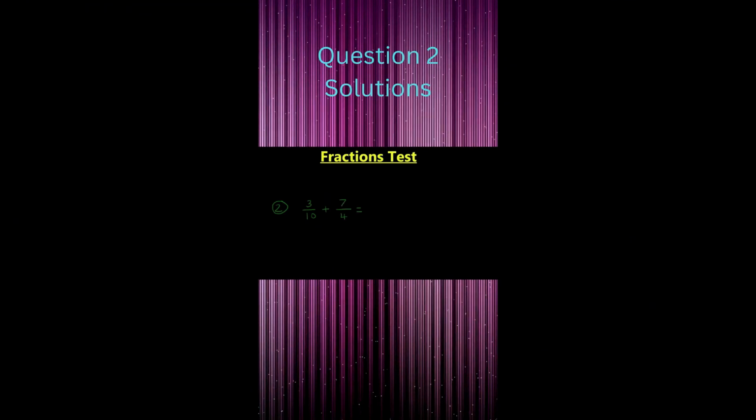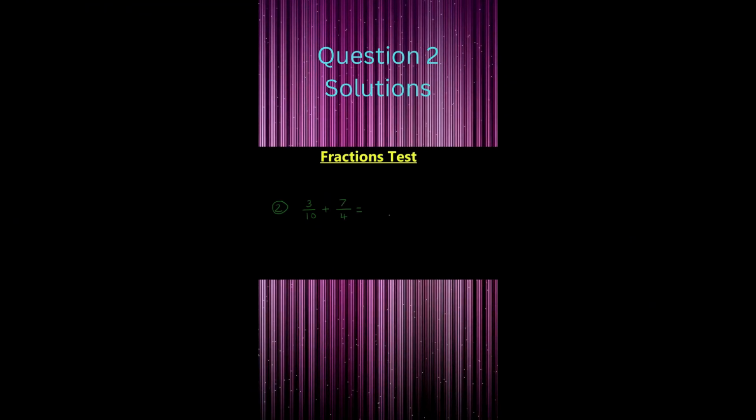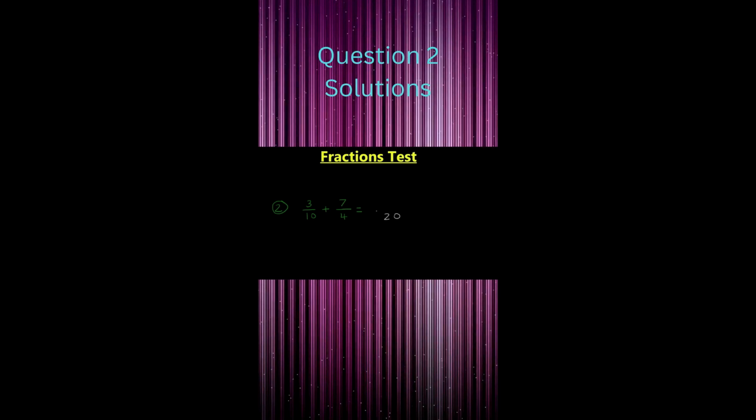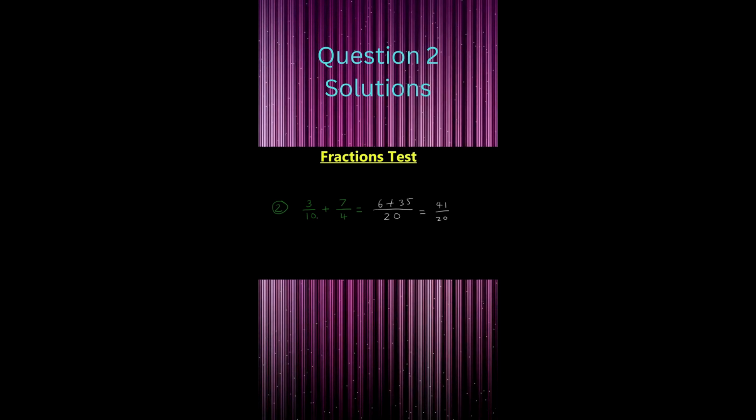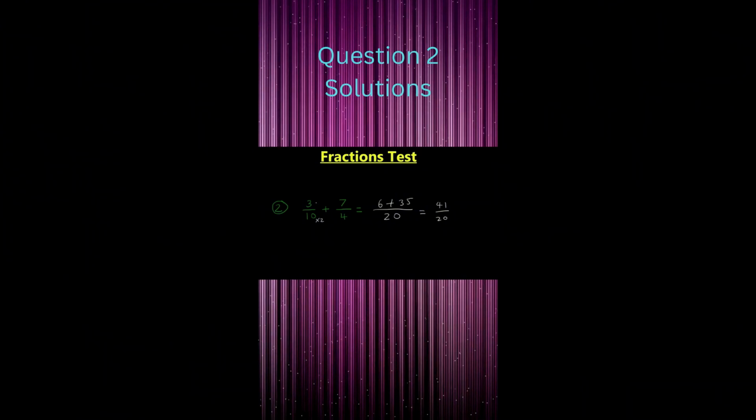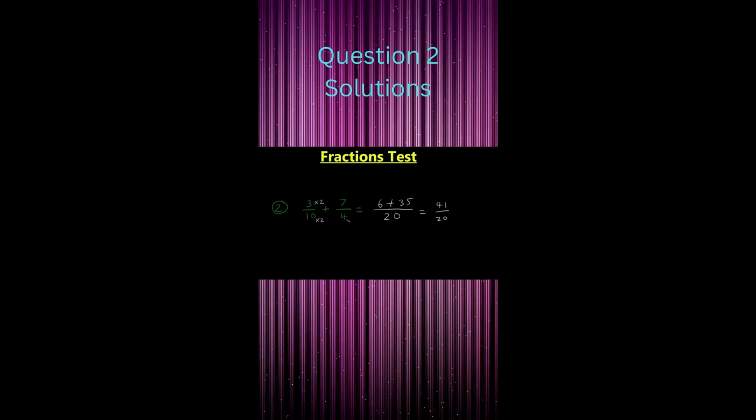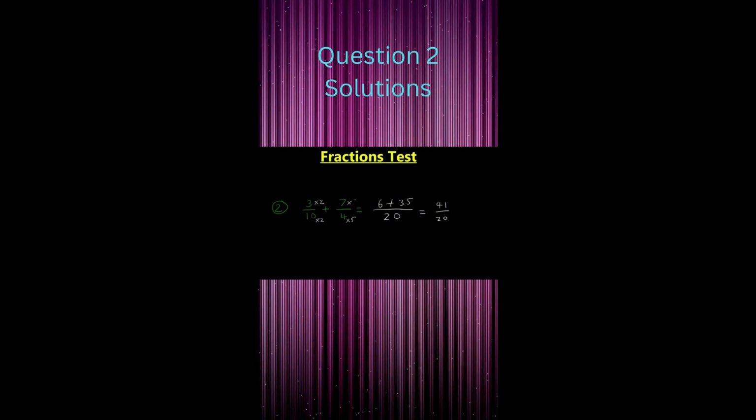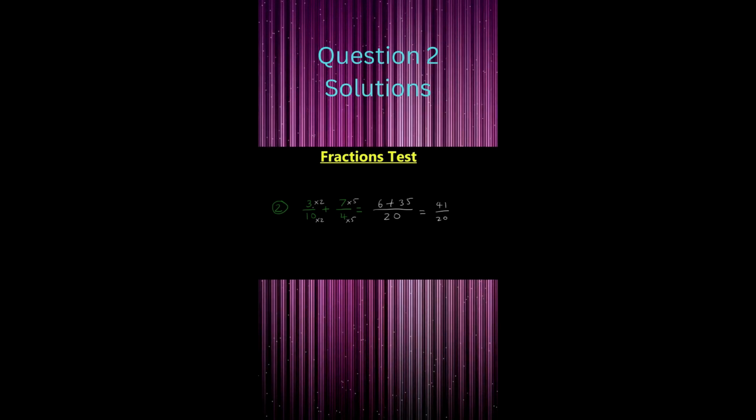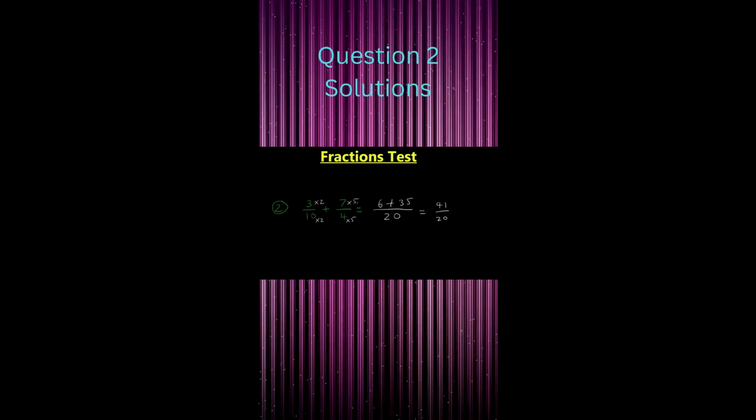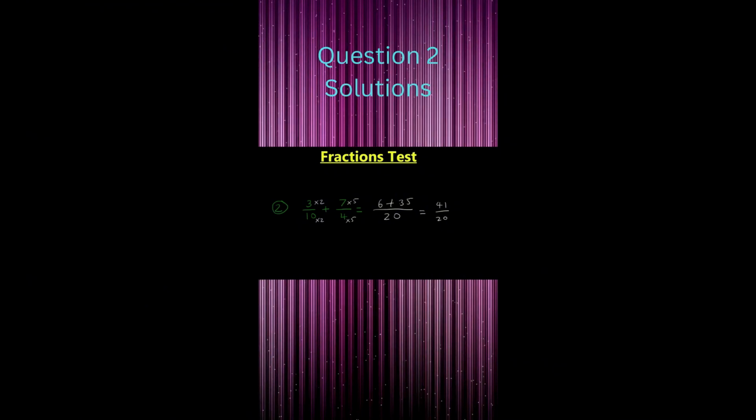Welcome to Fractions Test Question 2. For this question, we want to get a common denominator of 20. To do this, you need to multiply the first fraction by 2 on the top and bottom, and multiply the second fraction by 5 on the top and bottom. And then you do 3 times 2 is 6, 7 times 5 is 35, then you add 6 plus 35